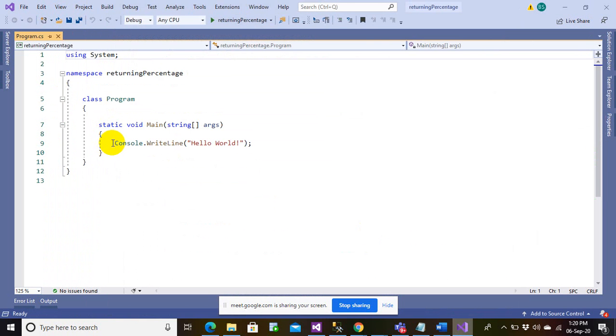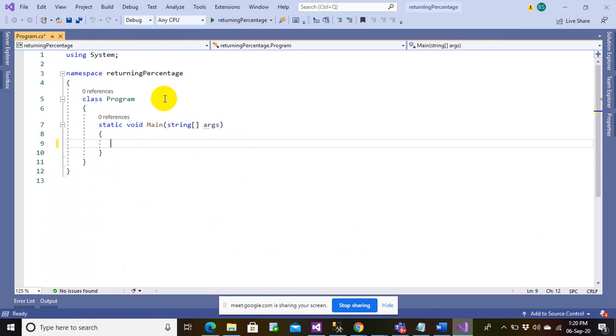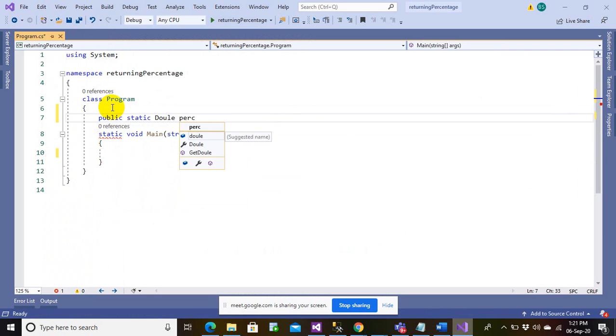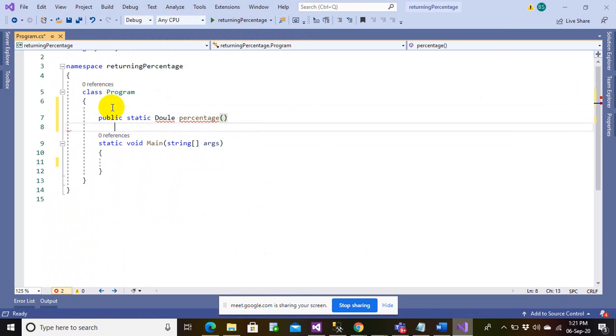And here I need to create a function that returns percentage. This one is reading a percentage.